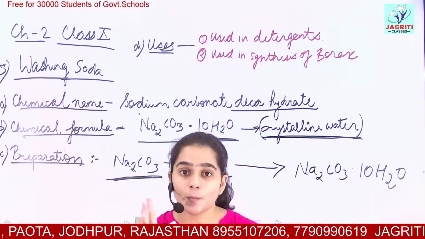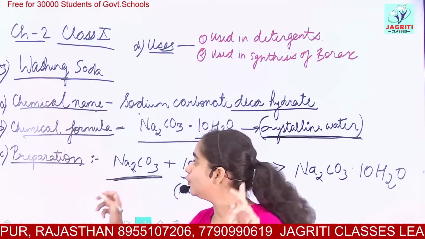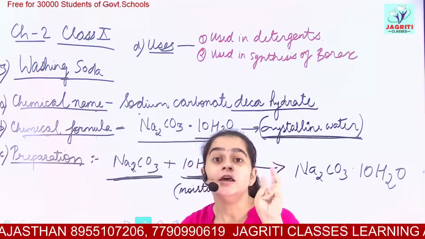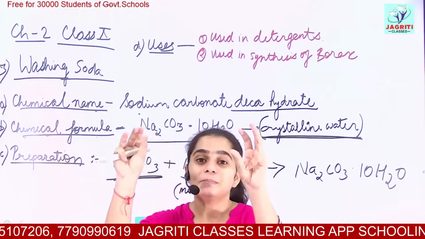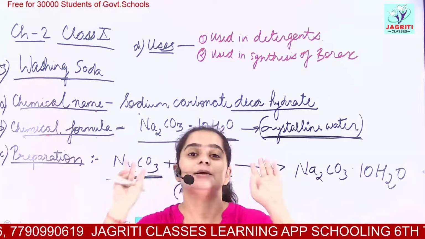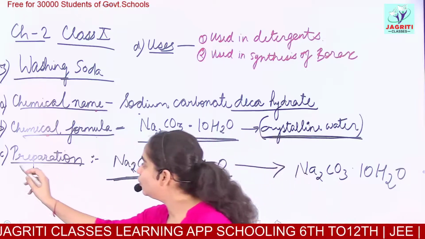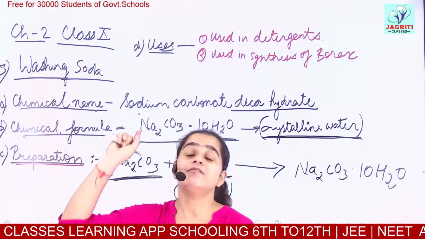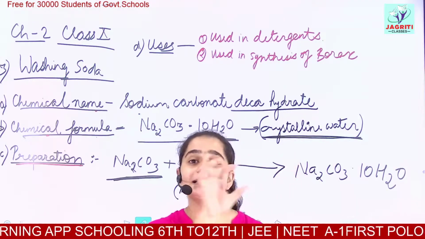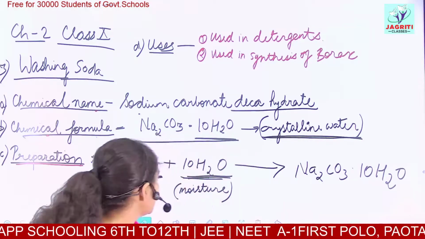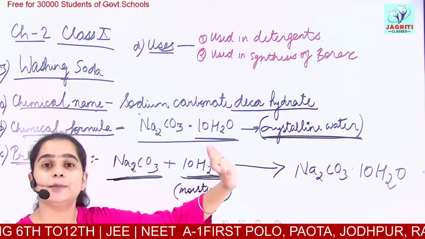Remember the common name of the compound, then remember its chemical name, then what you should know is the chemical formula of the compound, which can be easily derived from the name. By knowing the symbols and valencies and then cross multiplying, you get the chemical formula. Then what you should know is the preparation, how the given chemical compound is prepared. And for preparation, a single step, that is a reaction, should be there. You can also write this reaction in language first and then show it with the help of symbols.